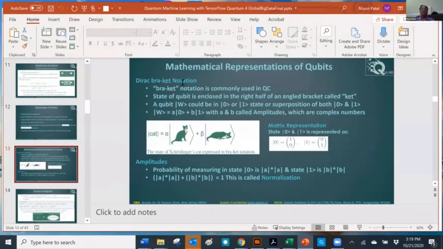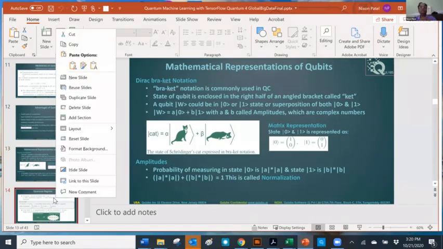Mathematically, there's something called Dirac notation with bra-ket, which comes from the word bracket. So typically a state psi, or a ket, is given by alpha |0> plus beta |1>. There are 2 states, so that's how it's represented. And the amplitudes are alpha and beta, where alpha squared plus beta squared is equal to 1 in the normalized state. So that's how the qubit is represented.